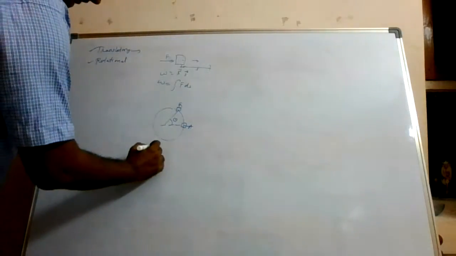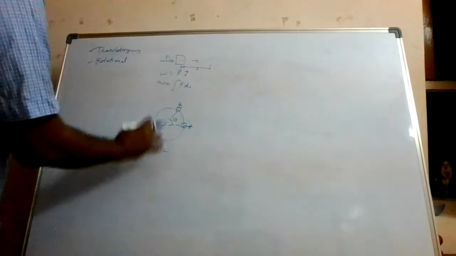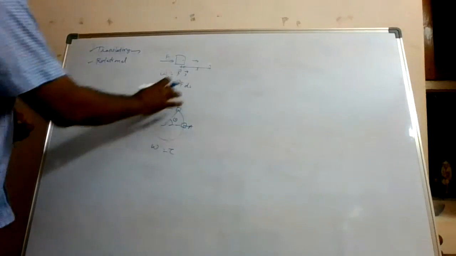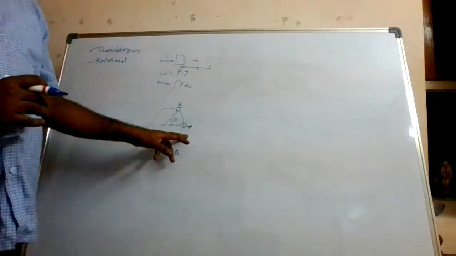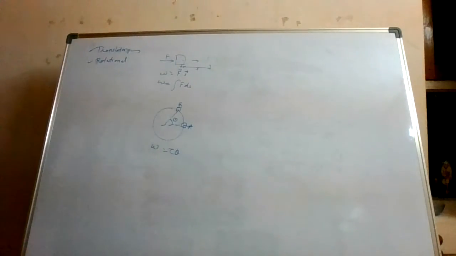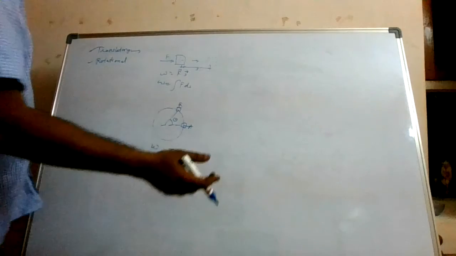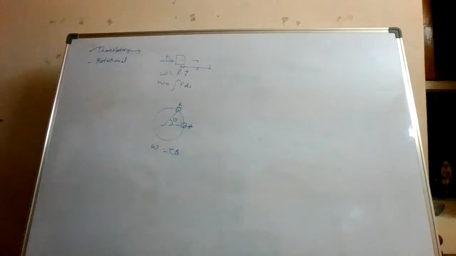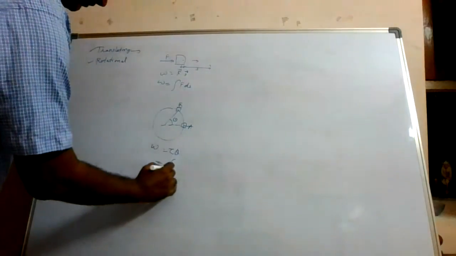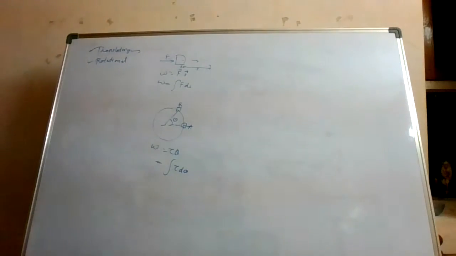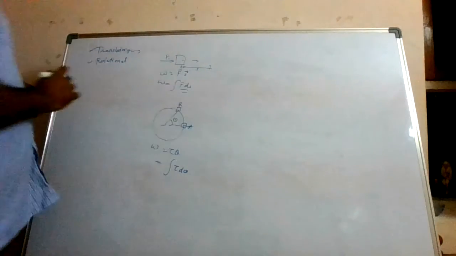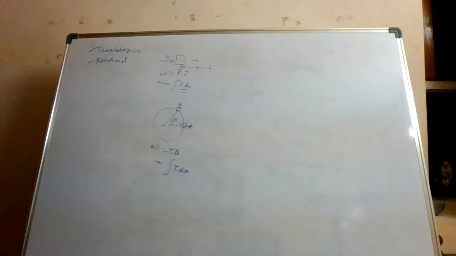Now this work is given by, you see, in the place of F, torque will come. In the place of S, theta will come. So this is the amount of work done in a rotational motion. Okay, energy and work done, both units are joules only. It's a scalar quantity. In the integral form, if you want to write, it is integral of tau d theta. Okay, similar to what you have written here. So this is one concept. Now let us move to another concept.